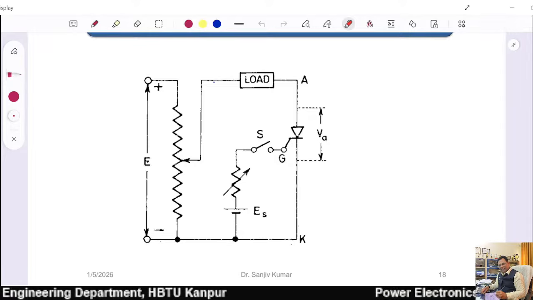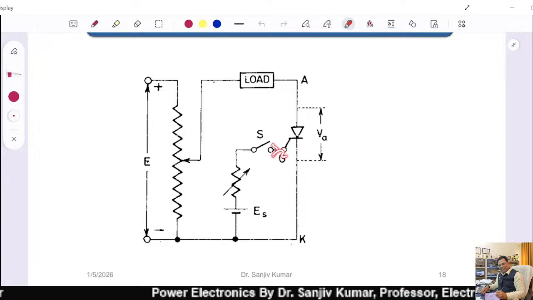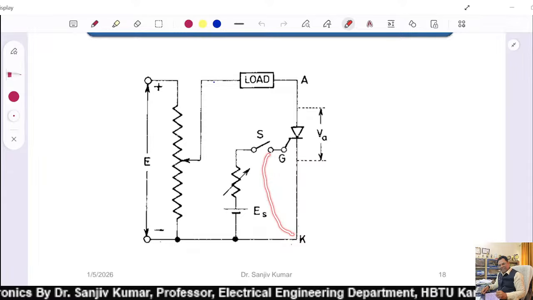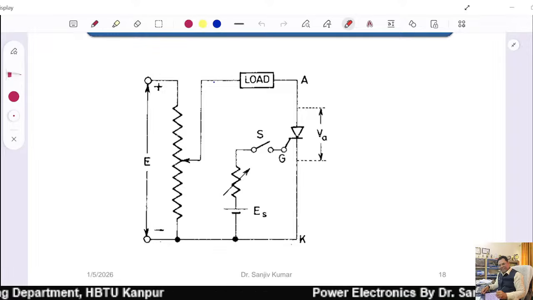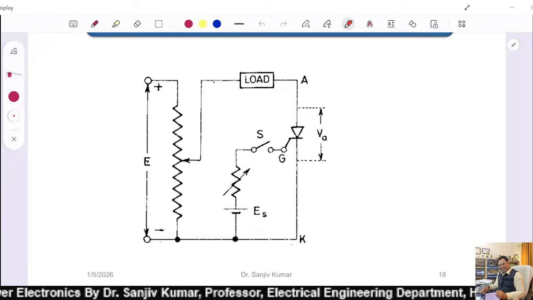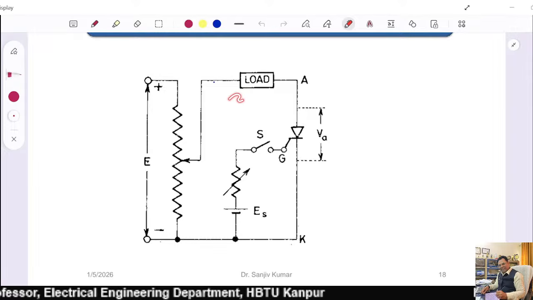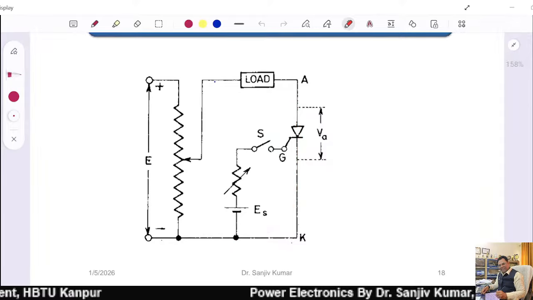And we apply the control signal, which is the gate pulse, here between the gate and cathode. So the control signal is applied between the gate and cathode, and the power circuit, or the power which is flowing via this load in the form of current through the load and Thyristor, is applied between